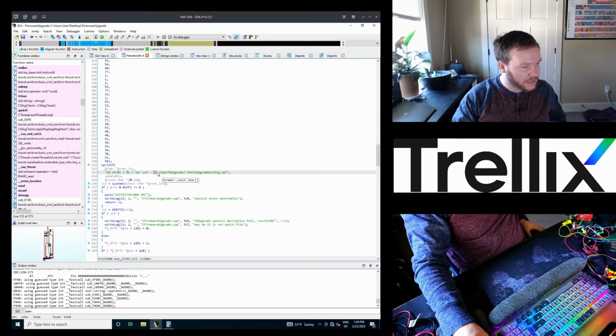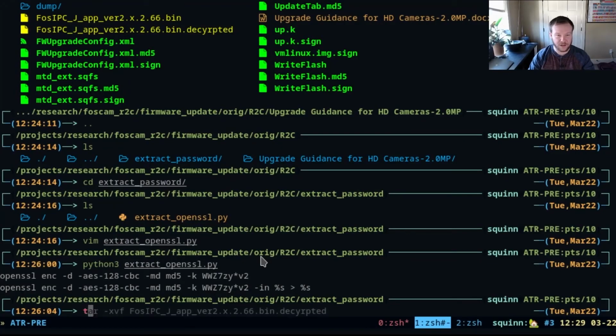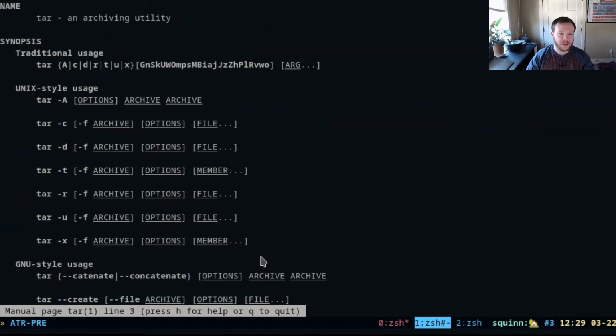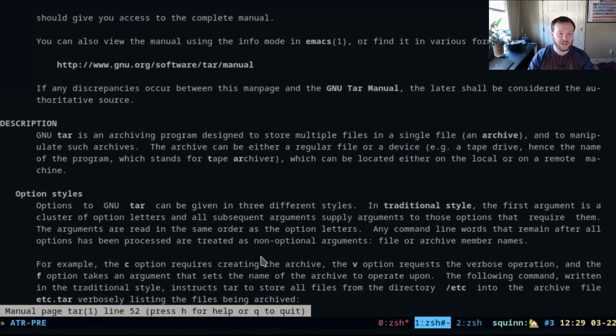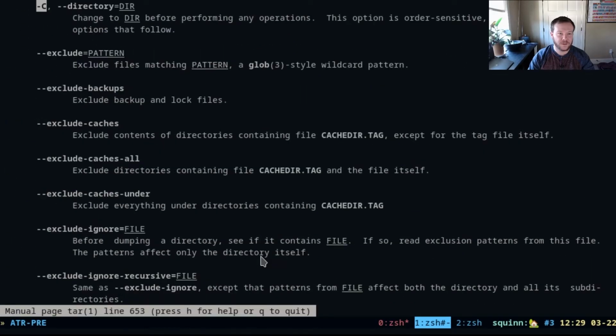and then this -C, if I'm correct, what is tar? Tar dash capital C. Directory. Change to directory before performing any operations. This operation is order sensitive, i.e. it affects all operations that follow. Okay, so we're CDing at this point